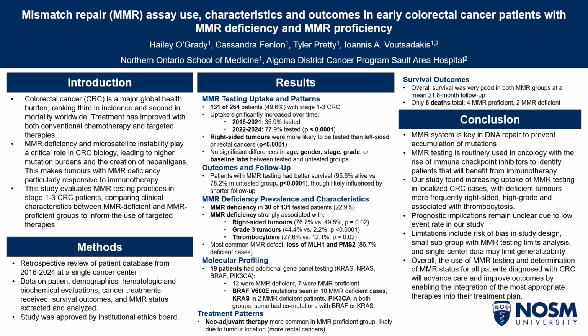This study examines the uptake of MMR testing in patients with stage 1 to 3 colorectal cancer over several years at a single cancer center, comparing clinical characteristics between MMR deficient and MMR proficient groups to inform the use of targeted therapies. With regards to methods, the colorectal cancer patient database of our cancer program from 2016 to 2024 was